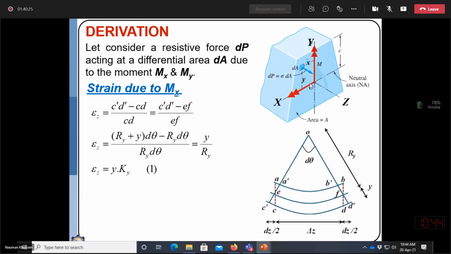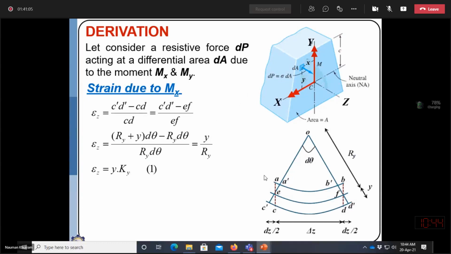So if we resolve the load into two components, one component is acting along the y-axis and the second component of the moment is acting about or along the x-axis. Or you can directly say that we have a section with one axis of symmetry, so it is subjected to biaxial moment. Biaxial moment means that it is subjected to moment about the x-axis and, at the same time, simultaneously about the y-axis. And the rest of the cross-section detail is the same as we have already discussed earlier in the derivation of the Flexure formula.